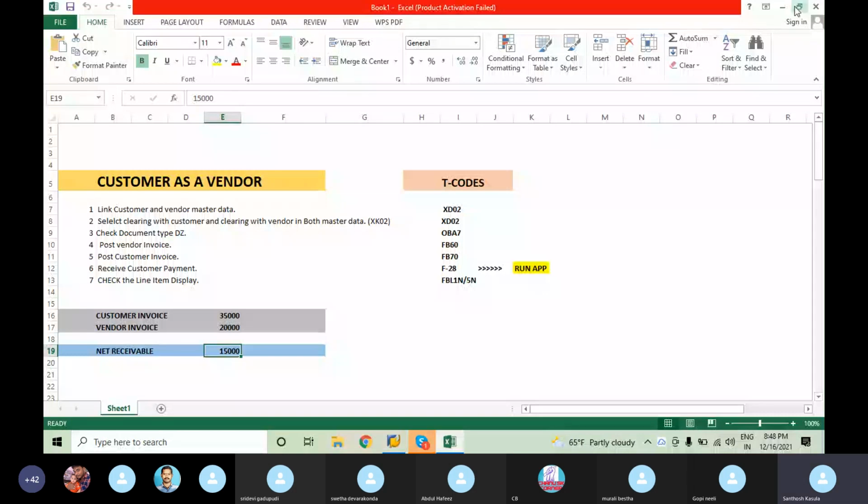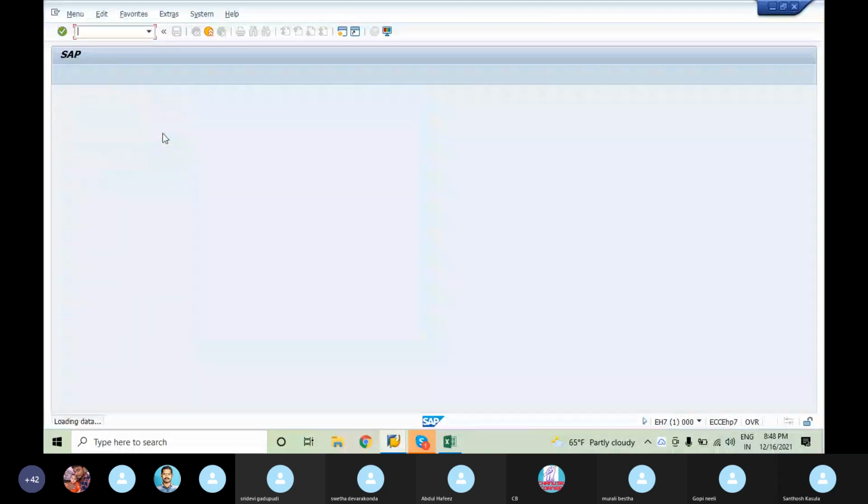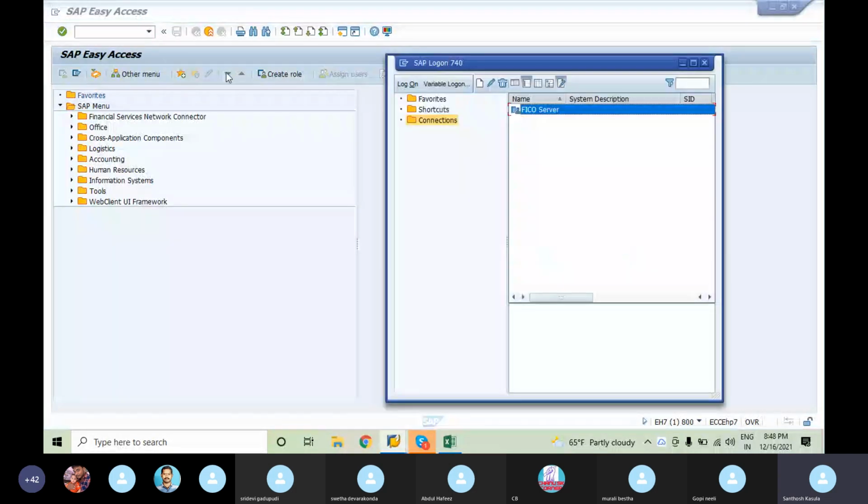First we have to link the customer and vendor master data in any of the T codes, whether it is XD02 of a customer or XK02. I'll use XD02 for the customer master data.